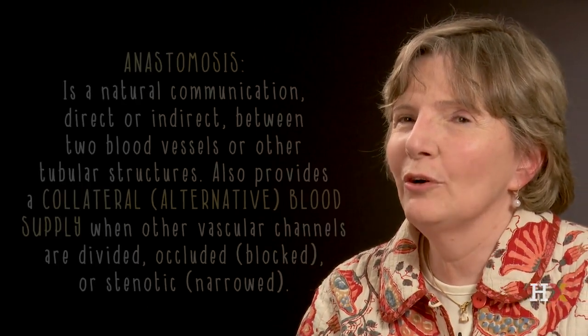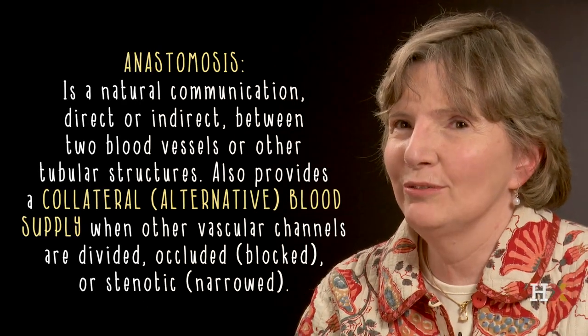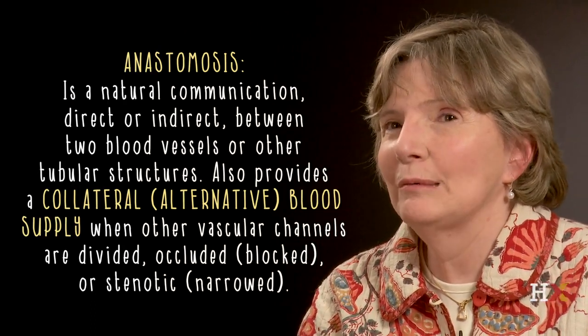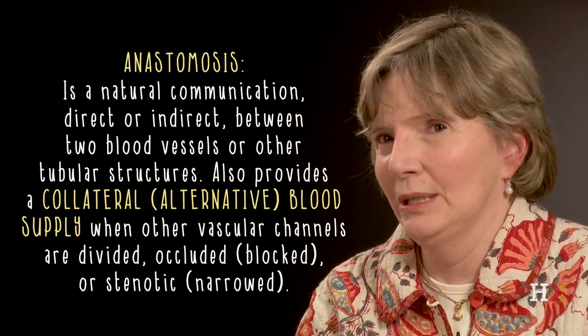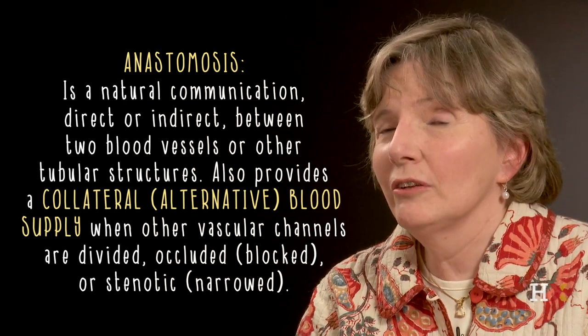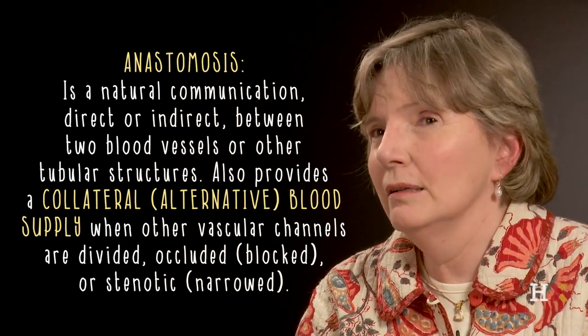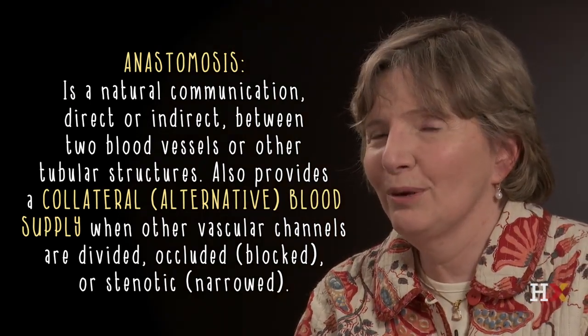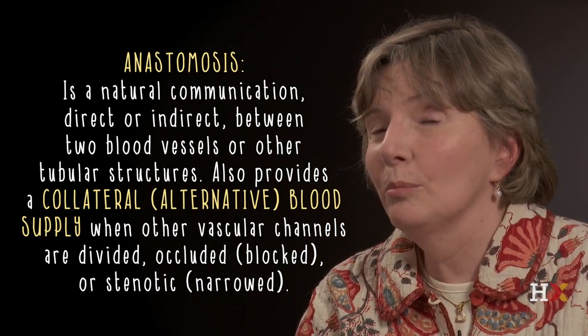Two other concepts that will be important for our study of the musculoskeletal system are the idea of an anastomosis. An anastomosis is a connection between two vessels. An anastomosis is important because it provides a backup blood supply in case something should happen to a vessel. So if a vessel is occluded by a clot or by a piece of dislodged atherosclerotic plaque